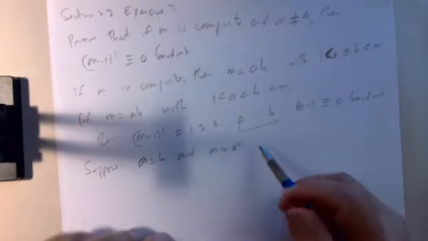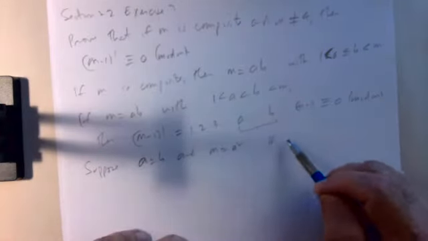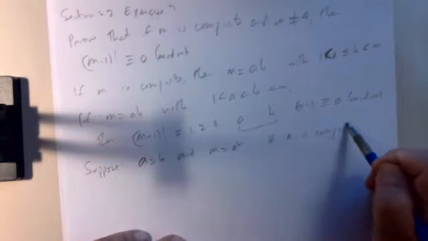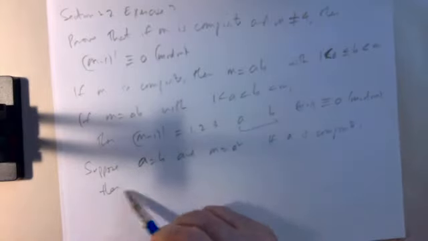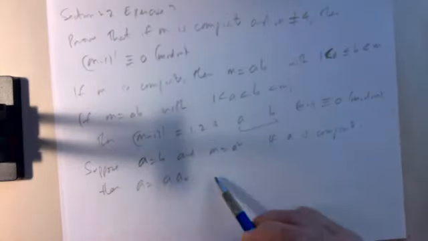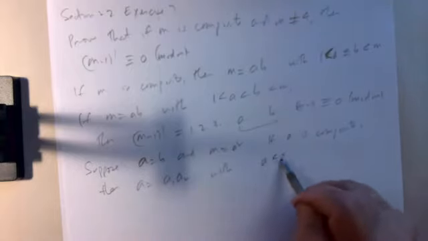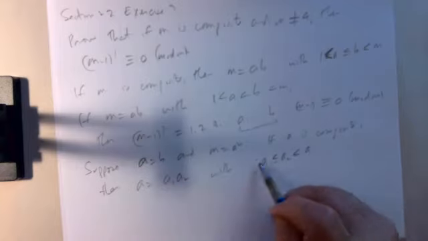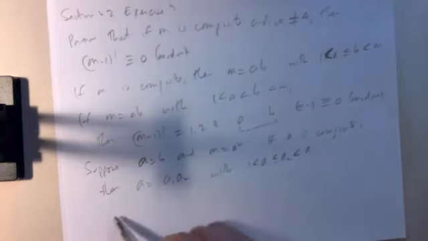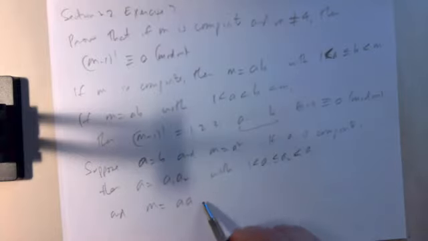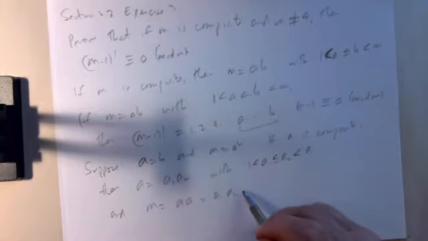Now, if A itself is composite, then A equals, let's say, A1 times A2, with A1 less than or equal to A2, less than A and greater than 1. And M, which is A times A, it's A squared, is A1 times A2 times A1 times A2,